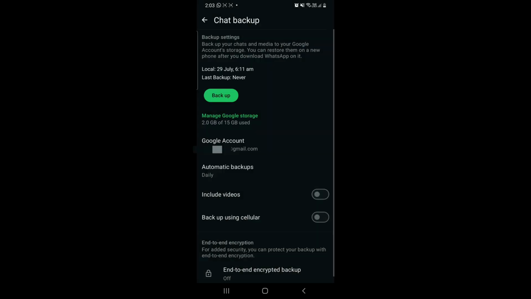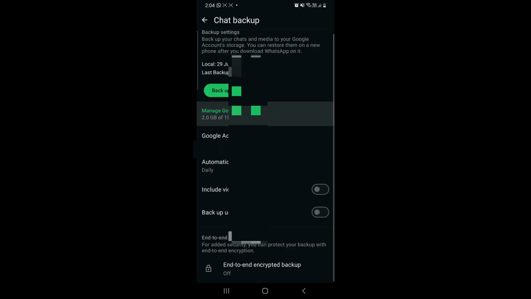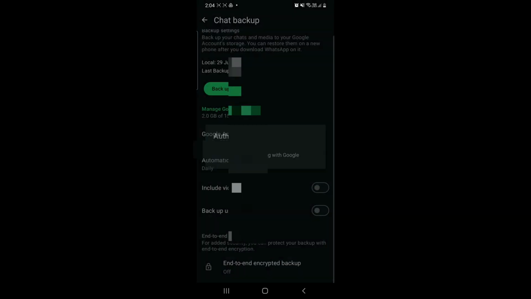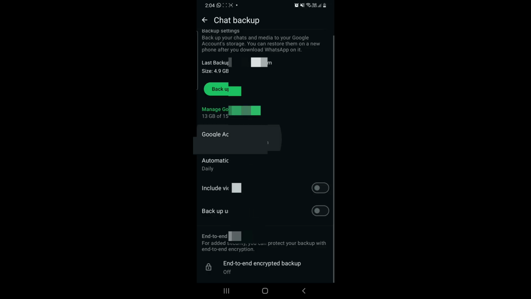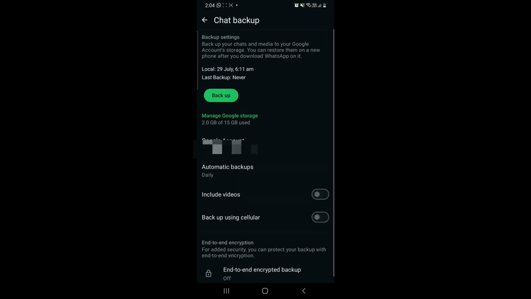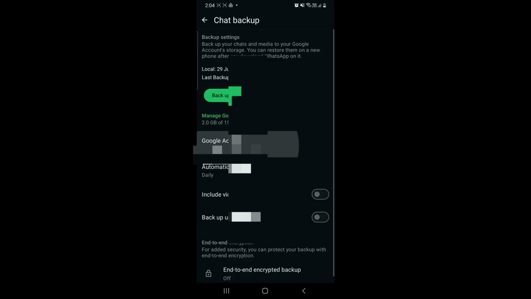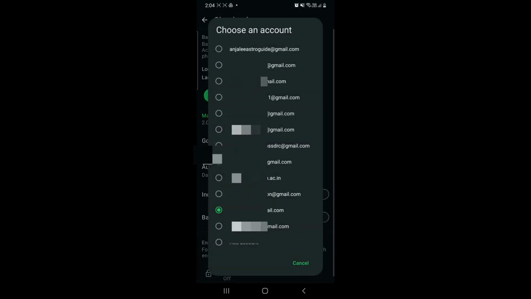Also, you can see it is written above, Manage Google storage. It will tell you directly how much storage is left in that Gmail ID. So I have switched it from the filled one to the emptier Gmail ID for my backup storage to be safe in that. Also, just tap Backup and select a time interval